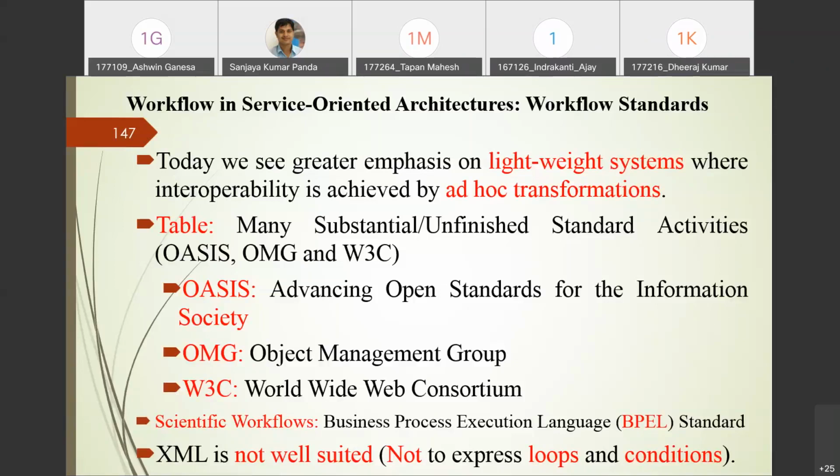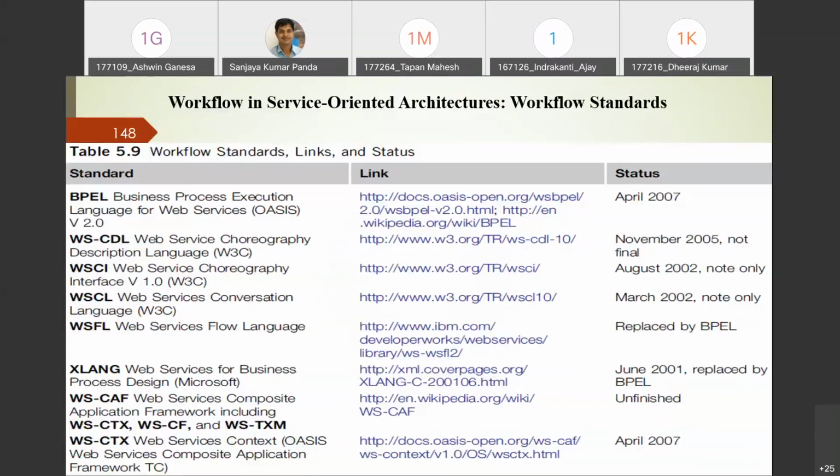So what are the standards? BPEL is a standard. WS-CDL, where CDL stands for Choreography Description Language. WSCI, WSCL, WSFL, XLANG, WSCF, WSCTX, WSTX. These are all standards, and their websites are mentioned in the slide with their date of release, the year in which these standards were coined. But not all the standards are in the final stage.